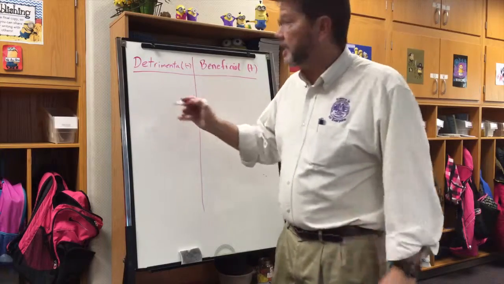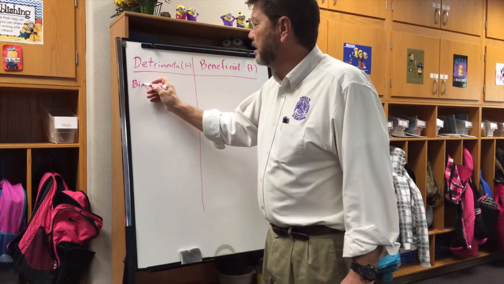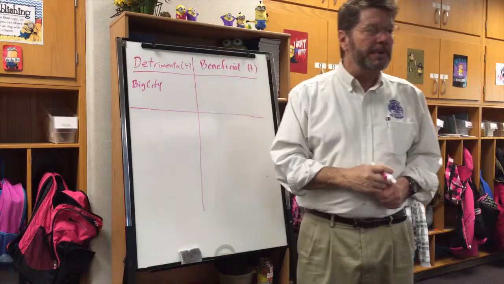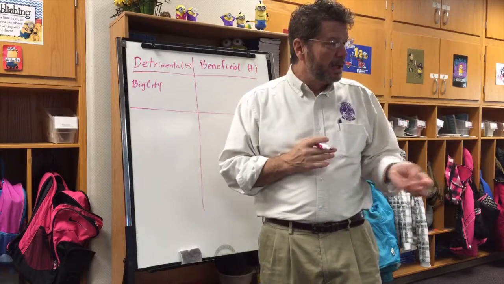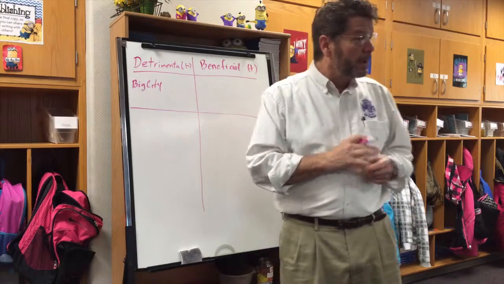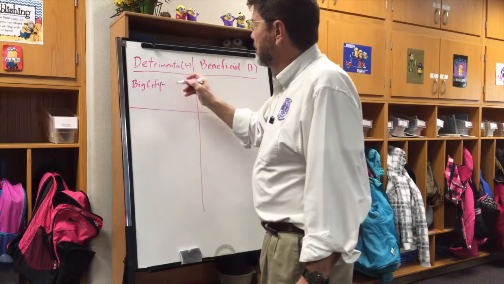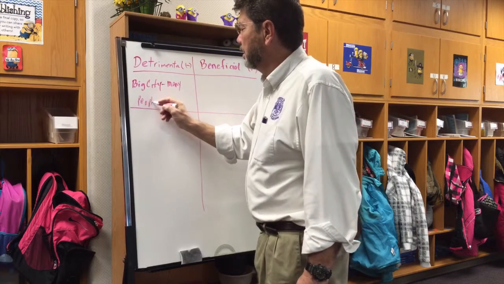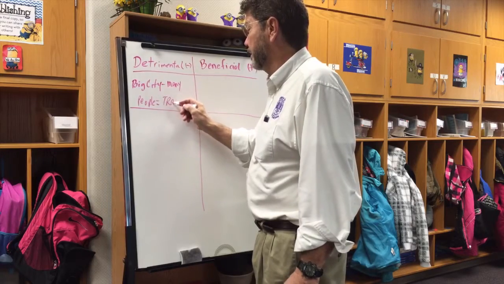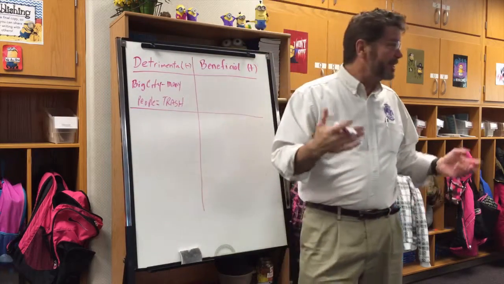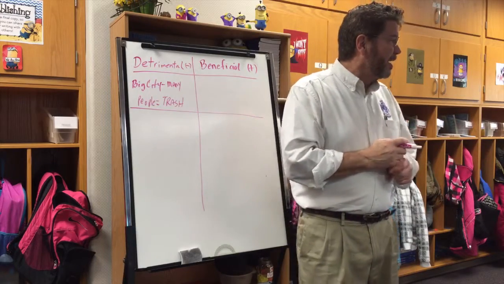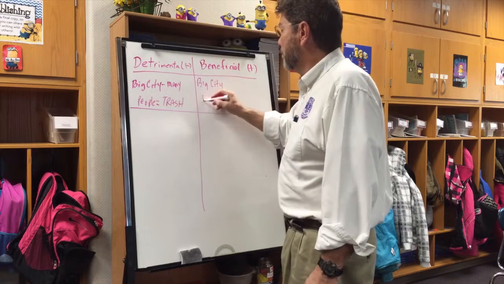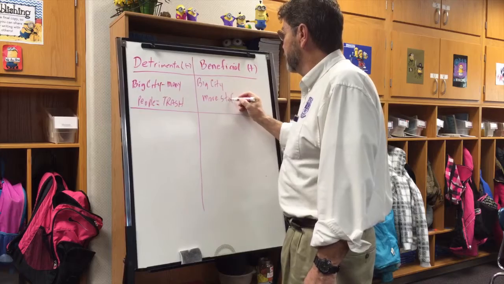Let's talk about that big city, okay? And so what are some things that might be bad about having a big city? Yes? A lot of people can put their bad things on the street. They can just throw their trash on the street. Many people equals a lot of trash, right? Yeah. And what's something good about a big city? Yes? There's more stuff that you can do. Oh, yeah, there is. In a big city, there is more stuff you can do.